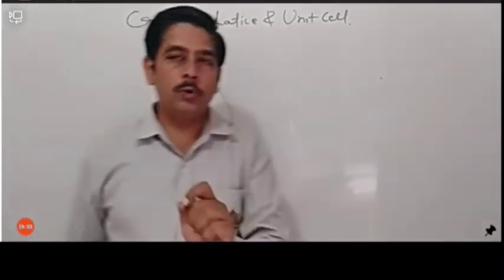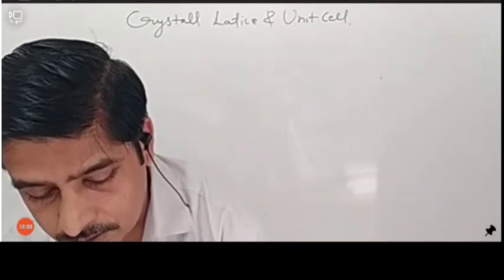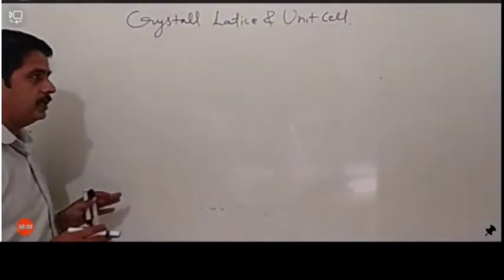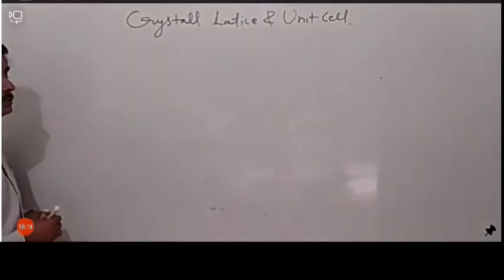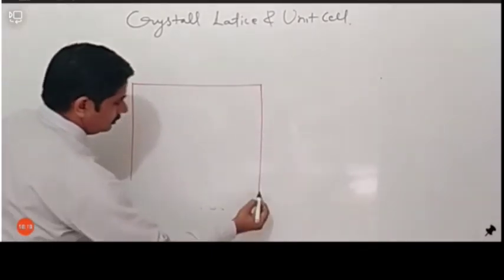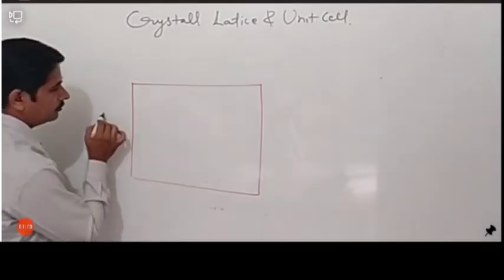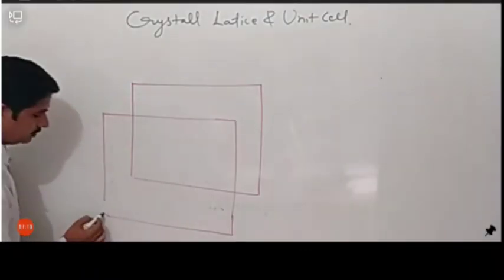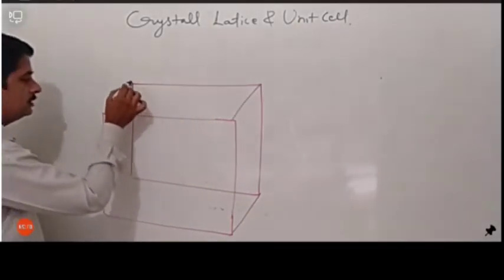Sometimes we have to draw the diagram of crystal lattice. Once it was asked in the exam, then you have to draw the structure of crystal lattice and unit cell. So how will we draw the diagram? Then we will define it. When we are going to draw the crystal lattice, first we have to draw a square just like this. And then we have to draw another square in it like this, because there is a trick of drawing it. Sometimes students make it wrong, so that's why I am just telling you how to draw it.